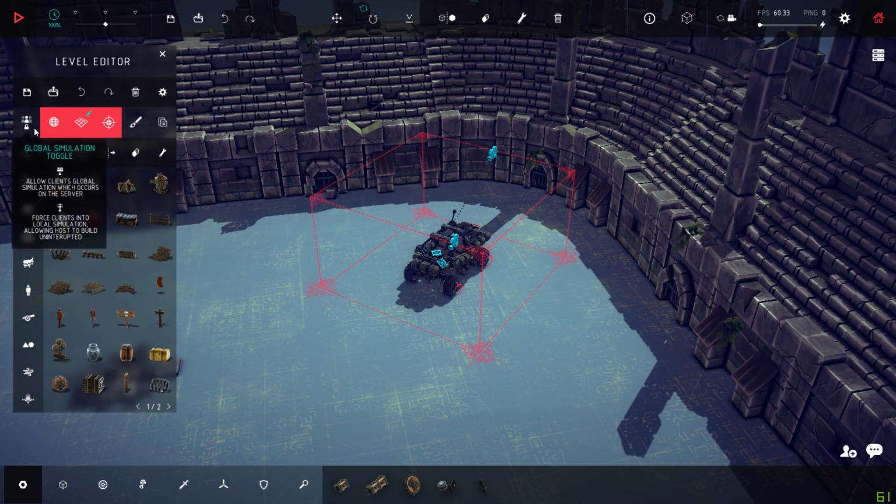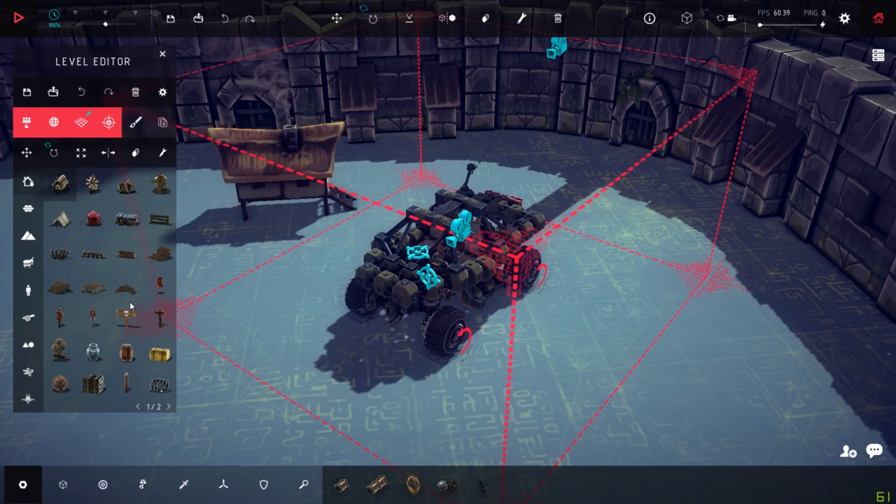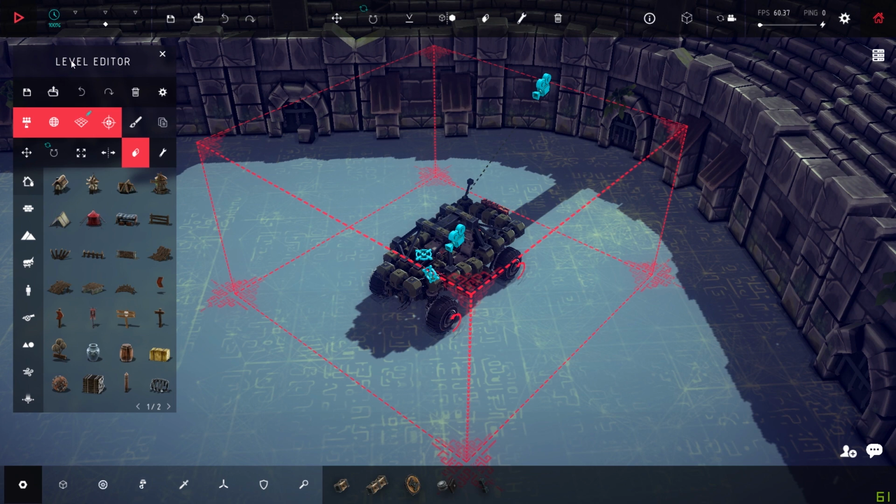So if I have this deactivated, like it says right here, it's going to force everyone into a local simulation. It also, as a positive, allows the host to build whatever he wants. You don't have people crashing into stuff, you don't have explosions bothering you, anything like that. So pretty cool. But as the host, if you click on this and you click back to global, which enables everyone to, again, look solid like that, and interact with each other,